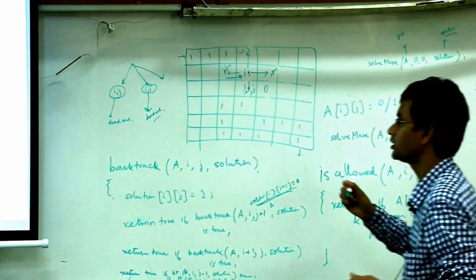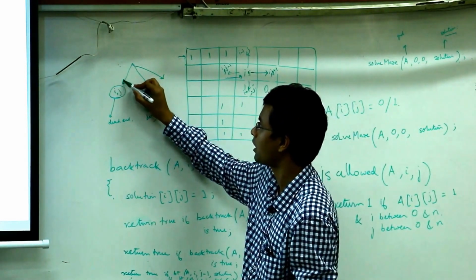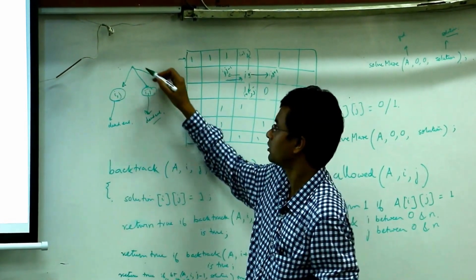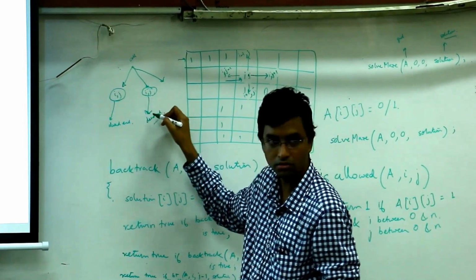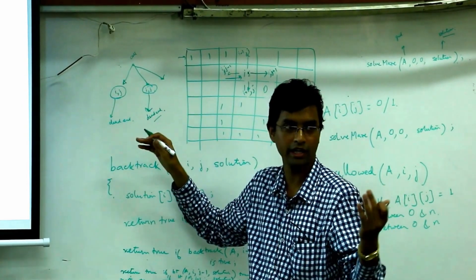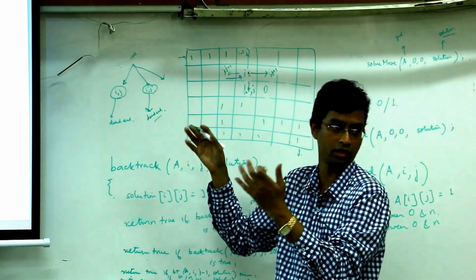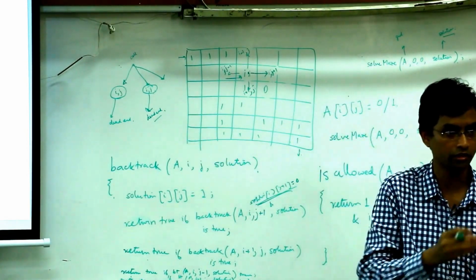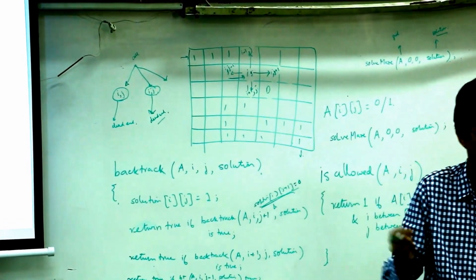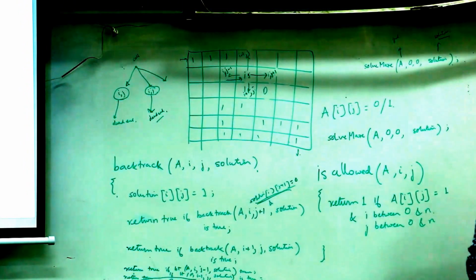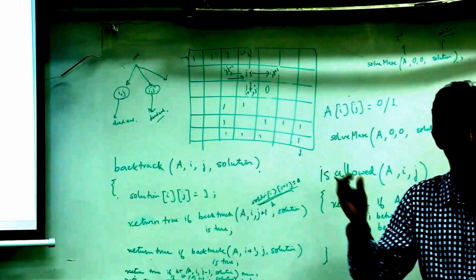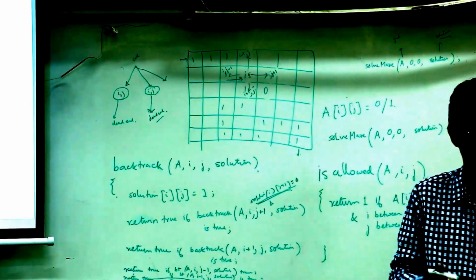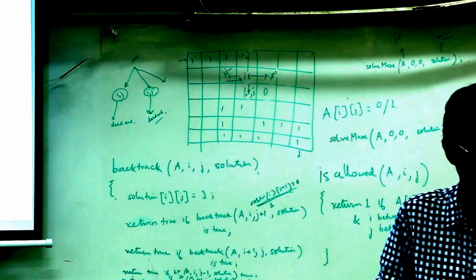Because essentially here you are having the same subproblem. If you see the call tree, here you are calling the same subproblem, and what you are trying to say is, why use the solution of the same subproblem over and over again? So you just solve it once and use that information to solve the other subproblems. That's essentially DP. DP tells you to save some information somewhere, and you are saving it in the -1s and zeros. So that's the DP actually.